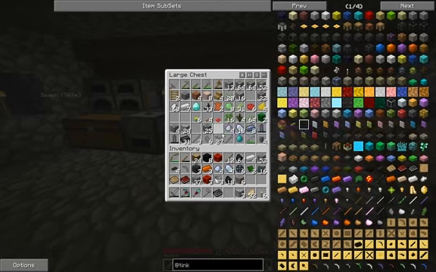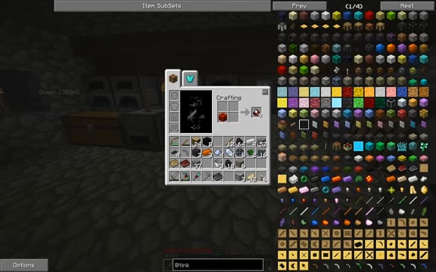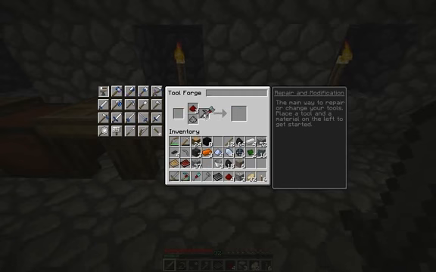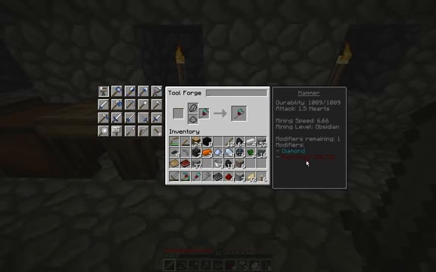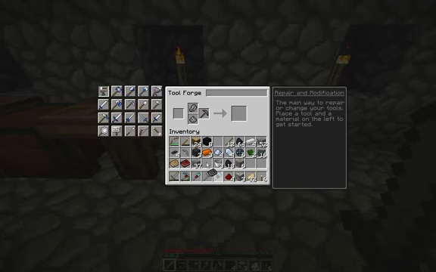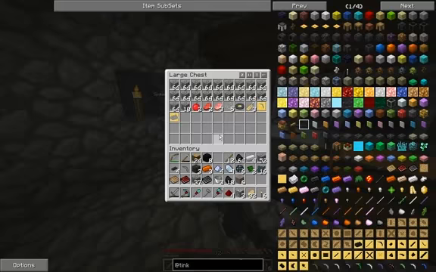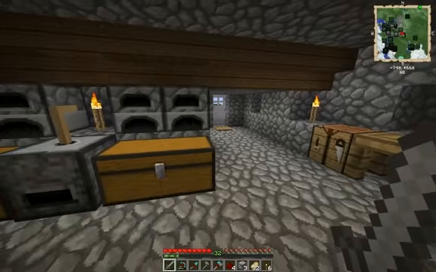Let's see if we have any in here. No. I'm gonna put that away. Take this. We only need 5. And that gives us 50 out of 50 on that. So that's good enough for now. May end up putting some more lapis onto that for the fortune enchant. But for now,